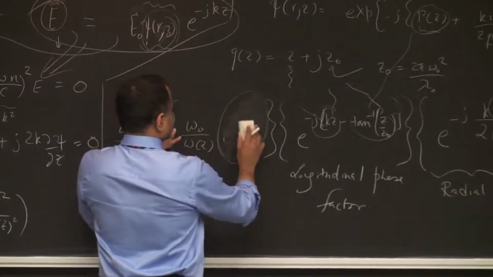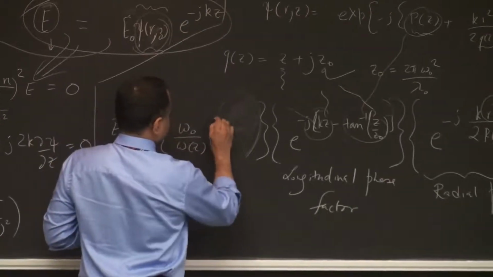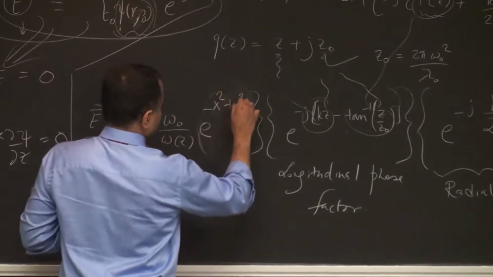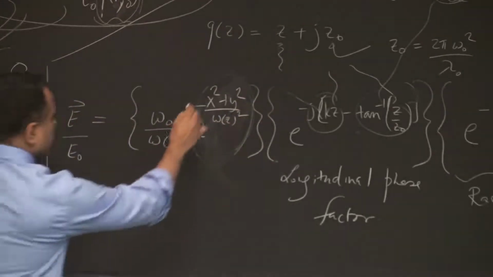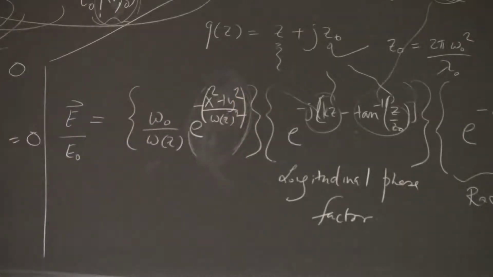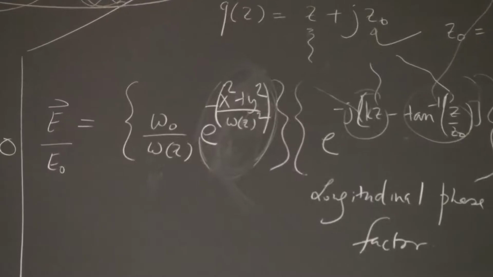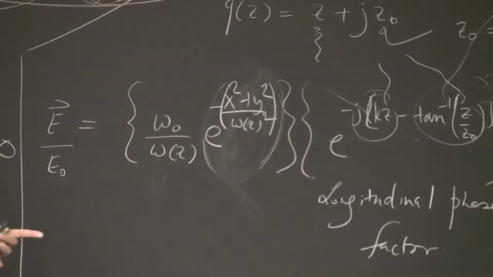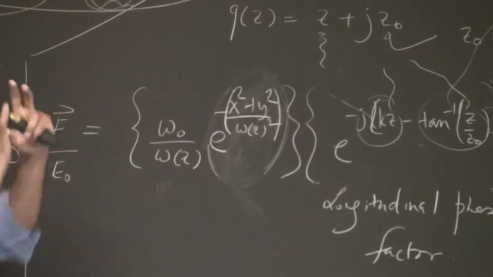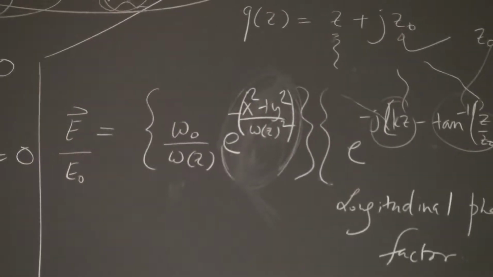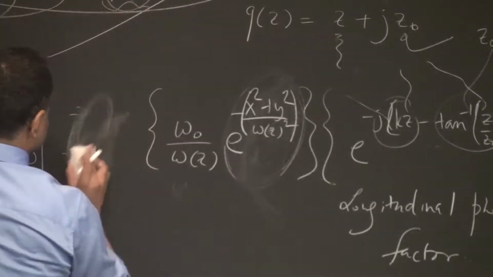So first of all, this Gaussian we'll write not as r squared anymore, but as e to the power minus x squared plus y squared over the beam width squared, minus the whole thing. The reason I'm splitting out x and y is that some modes will preferentially have nodes along x, and some will have nodes along y. So it will split, and x and y may not be exactly the same anymore.